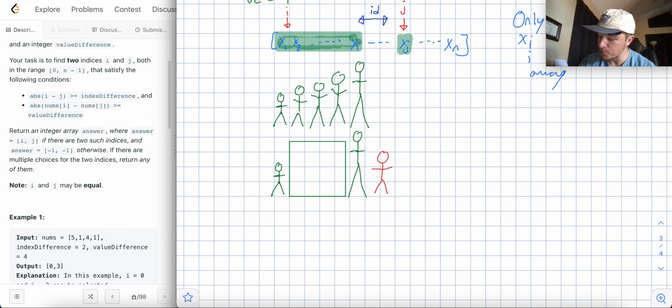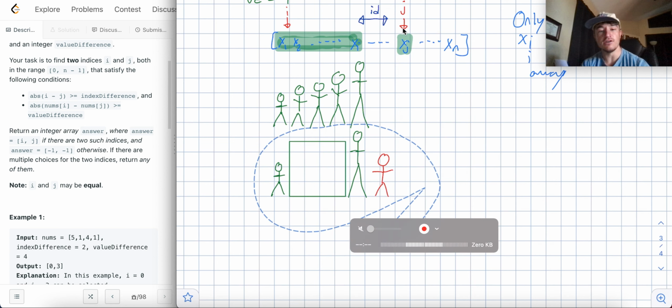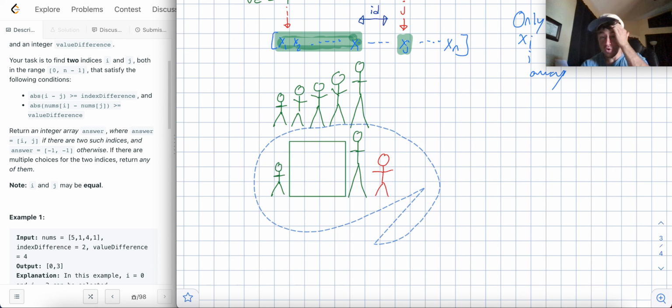So when we do this problem, when we look at J, as long as we keep track of who the tallest person is and who the shortest person is, then we'll always know who we should compare this value to, and we don't have to compare it to everybody. We just compare it to the tallest and to the shortest, and we keep track of that as we go through